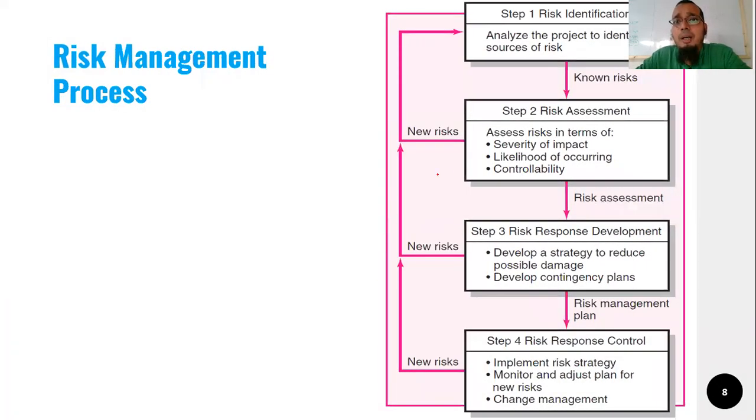So now we come to the risk management process. What do we understand about the process? As in our last class, we showed you the 5-step process. Now here we make it 4 steps. If you remember, we just removed the planning stage. So after the planning stage, we have identified